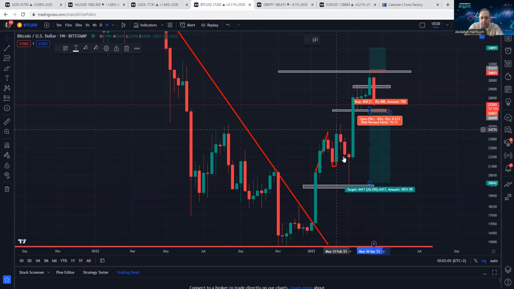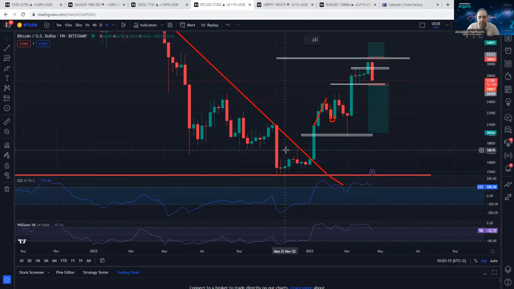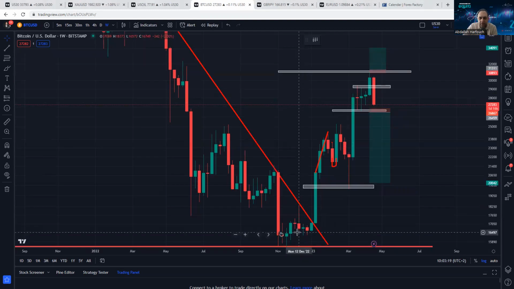Look here, for example, it pushed down all the way and then it made a higher high. So we are still in the retracement here. And look, from 17,000 till almost 31,000, we doubled. People who were watching the weekly overview with us doubled their money from December till now, 4 months, almost 95%.